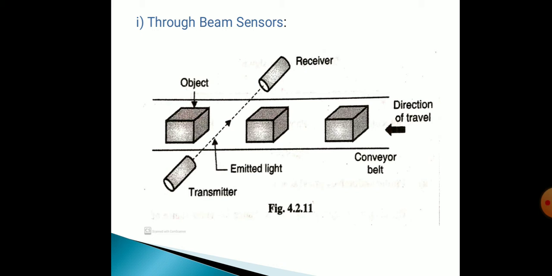The transmitter emits light towards the receiver, which receives it. When any object comes in between, the light beam is interrupted and the receiver receives zero signal. Each time an object passes by cutting the light beam, the receiver signal goes to zero. Thus, the number of objects can be counted by processing the receiver signal. For example, a counter circuit can be connected to the receiver side, which counts the number of times zero signal is received, which is equal to the number of objects passed.